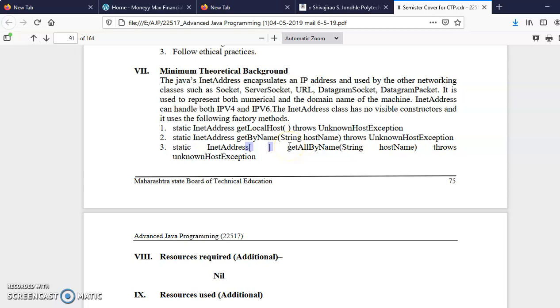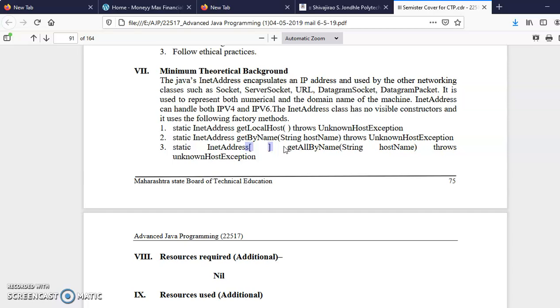What is the method name? getAllByName. With getAllByName, this method will retrieve all the possible IP addresses associated with the host name which you have provided as an argument. So three methods: one retrieves the IP address of your own local machine, the second retrieves the single IP address of any particular domain, and the third retrieves all the possible IP addresses associated with that domain.